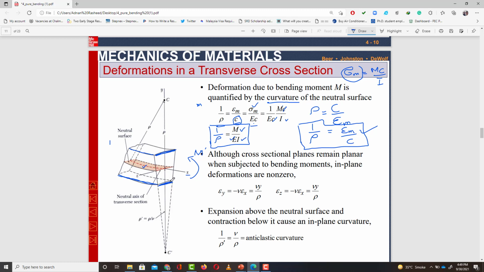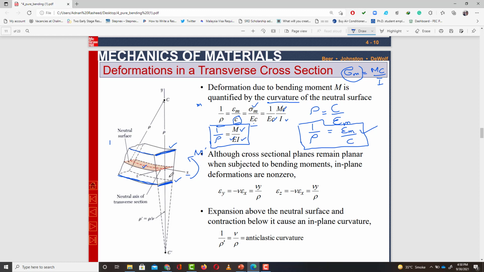Clear? So due to expansion in the upper portion above the neutral axis in the transverse direction and contraction below,